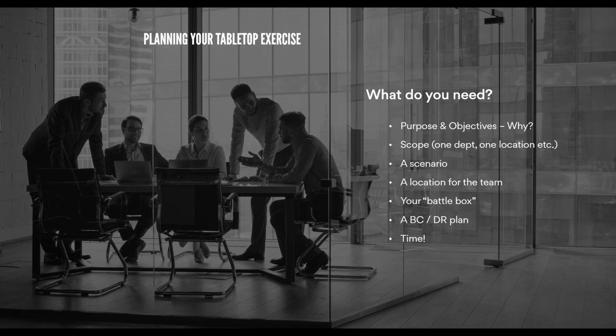Now we call here the battle box as the next thing you need. Basically this is your plans plus anything else you might need as part of invoking the plan. A good example might be authorization codes for invoking certain elements of the plan, or having the tokens for use for online banking if you're having to do that in a different way. This might also include contact lists and inventories and so on. It'll also include your plans, to account for the fact that you might not be able to access the plans online,